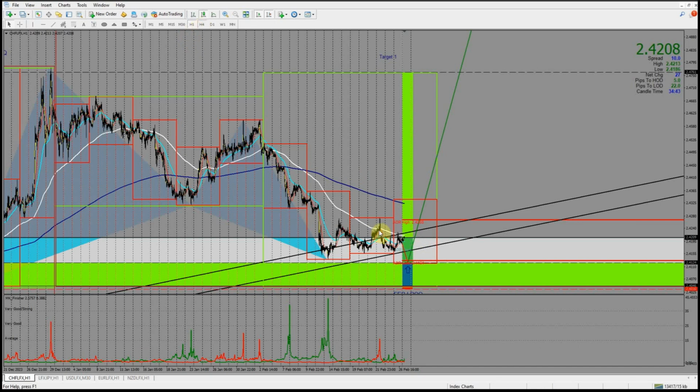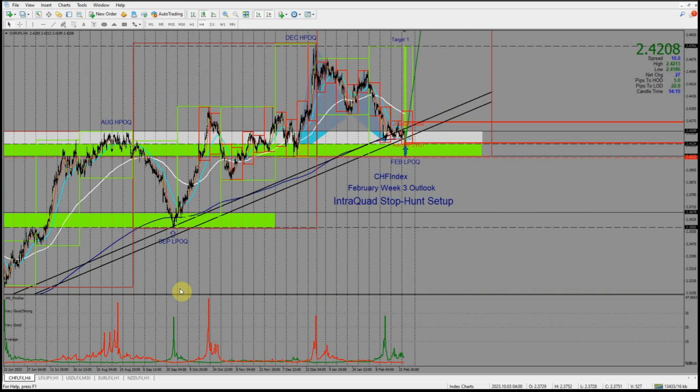When you see an existence of some kind of accumulation, it's exactly that. It's an accumulation phase. Market makers are trying to accumulate enough liquidity so that they can stop you out, and then they go in the same direction that you anticipated. So this is exactly that. We might just get that pin to the downside, and then price continues going up, because as you can see, it's more or less the same setup.